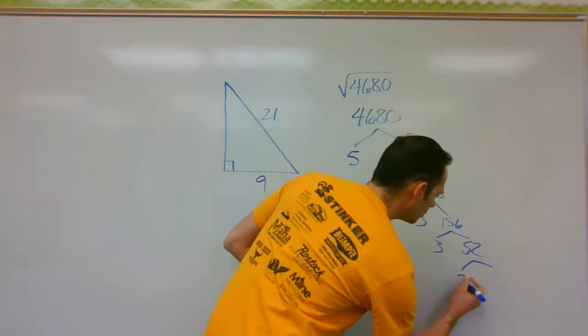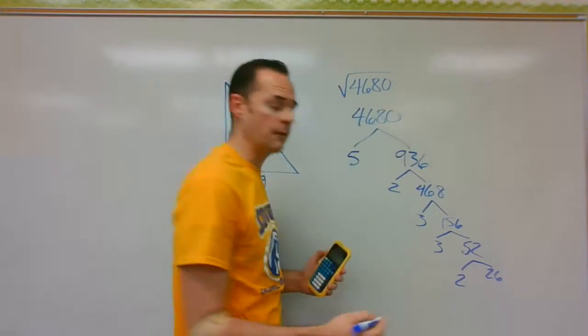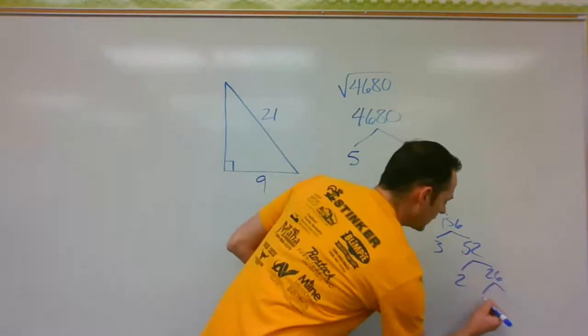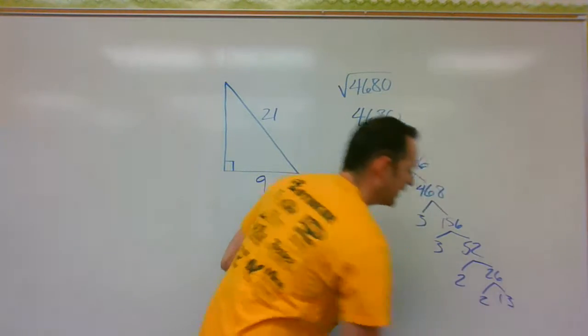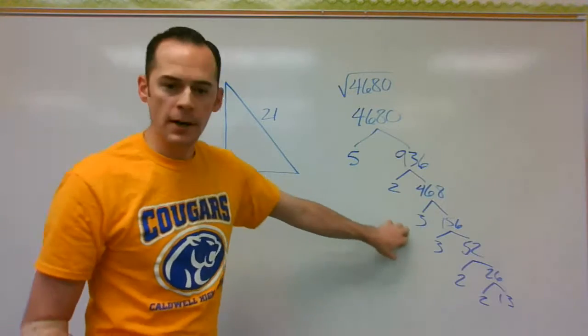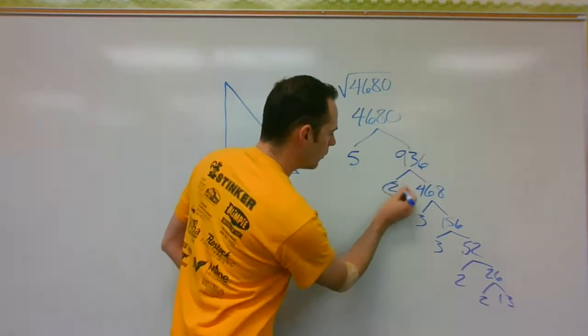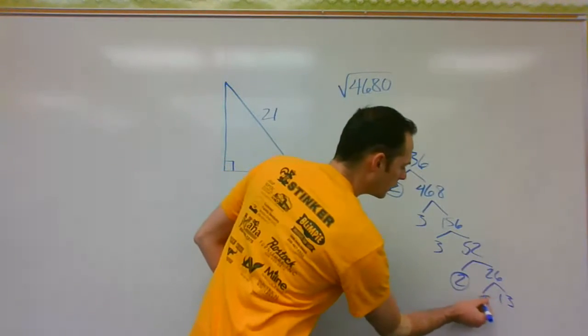I get 26, and I know that 26 divided by 2 is going to be 13, and I know that 13 is a prime number. So here's my breakdown. I have a 5, and I have 1, 2, 3 2s,